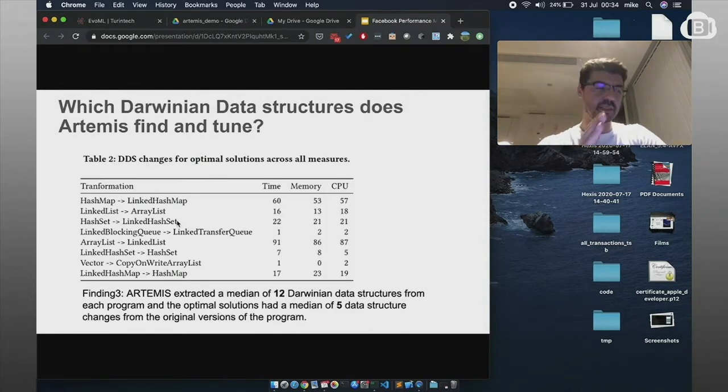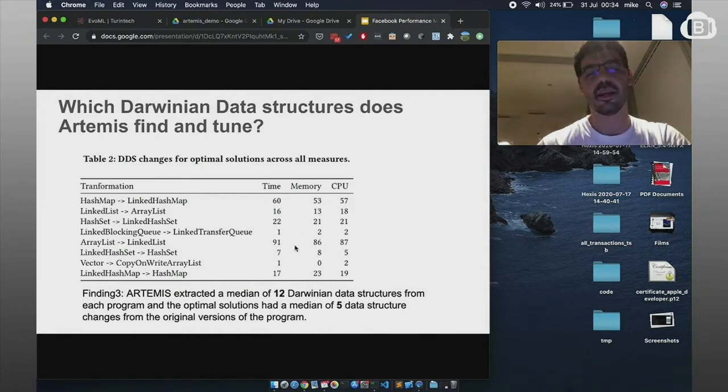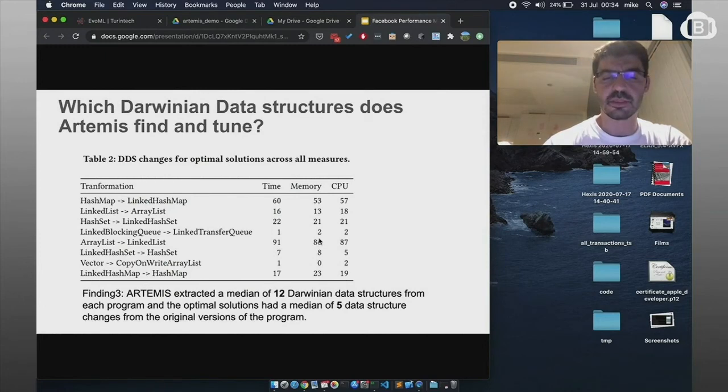Our goal was to make changes between data structures as simple as possible, and we saw that for a lot of solutions, Artemis would sometimes change, usually from hash map, it would prefer linked hash map. Other times, it would prefer linked list converted to array list, and also the opposite. We see as well array list to linked list. I guess those array list to linked list changes, in most of the use cases, I think were for the memory consumption, as we see,